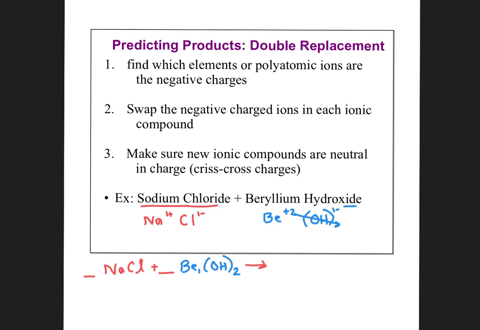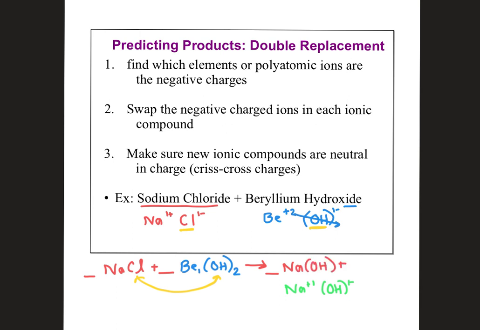Now we do our reacts arrow, and we're ready to predict the products. Well, the negative charge in each is chlorine and hydroxide, so those are the ones that we are going to swap. That means my first new compound is going to be sodium. We always put the positive thing first, crisscrossed with hydroxide. So I still use the sodium from the periodic table is +1, hydroxide on my purple sheet is -1, and those are just going to cancel each other out. So we get